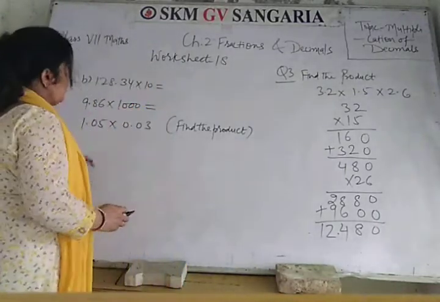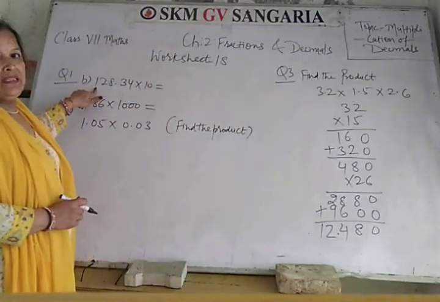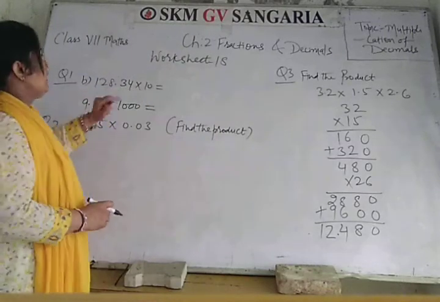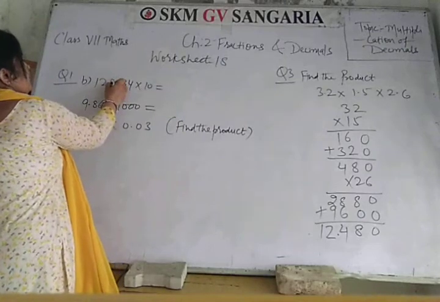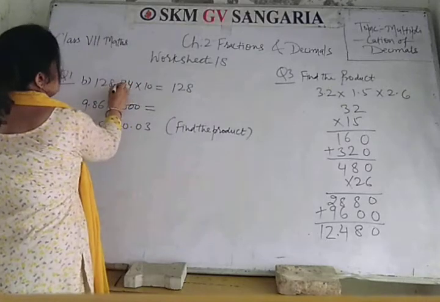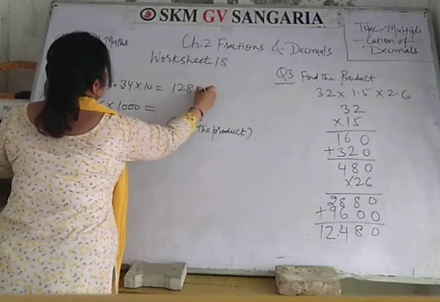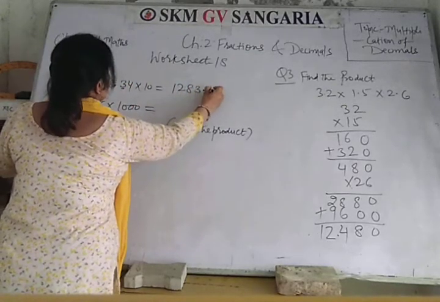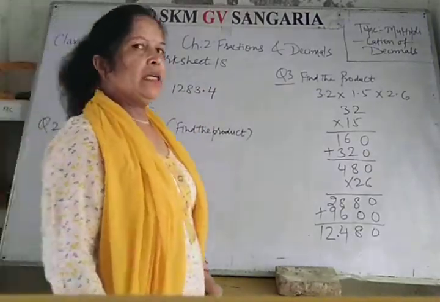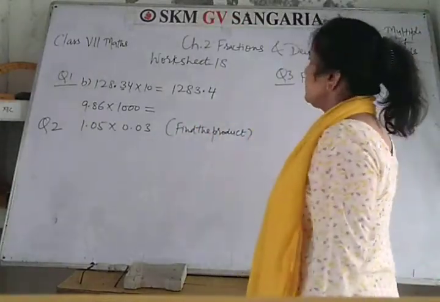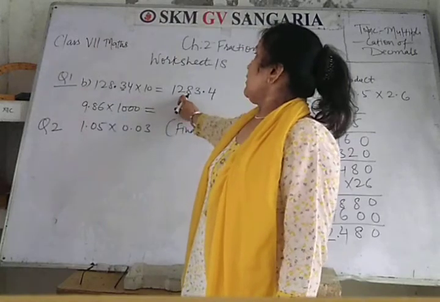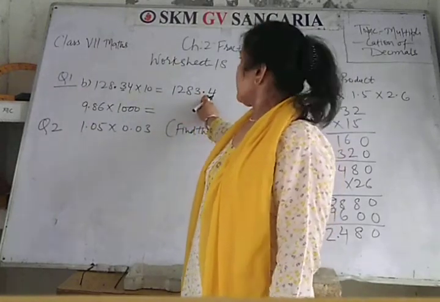So if the decimal number is 128.34 multiplied by 10, this decimal will be shifted to the right and the first digit after the decimal will be shifted to the ones place, and the number will be 1283.4. Okay,